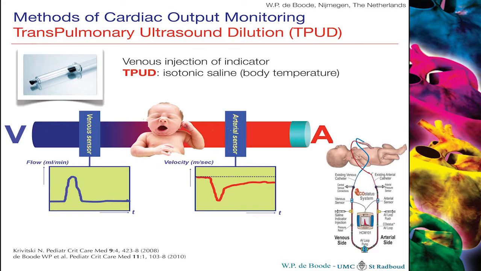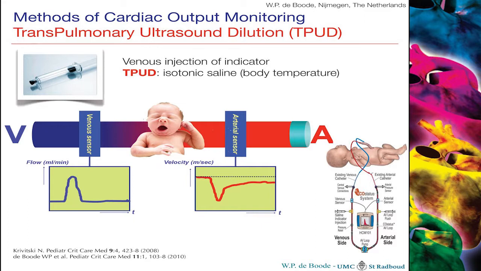What we do is we inject the indicator, which is normal saline at body temperature, so not ice cold. On the venous side, it is detected by the venous sensor. It goes through the body, through the baby, so right heart, lungs, left heart, and is detected on the arterial side. And because of the saline, you get a decrease in ultrasound velocity, and in fact you get an ultrasound